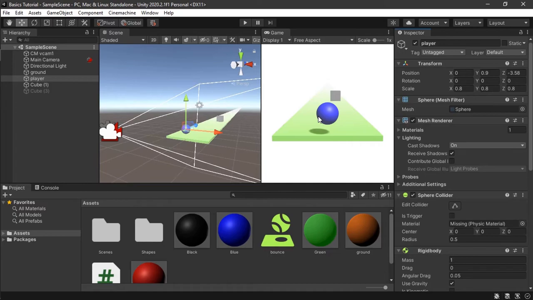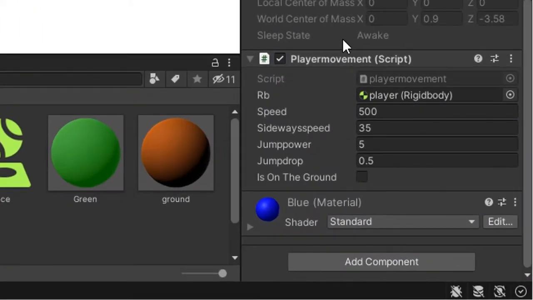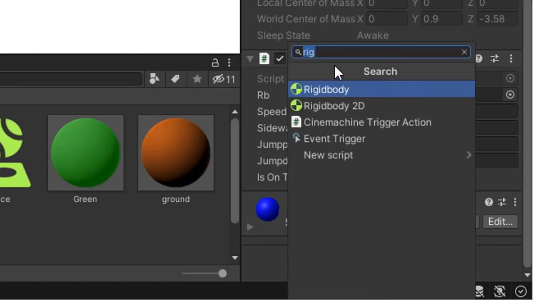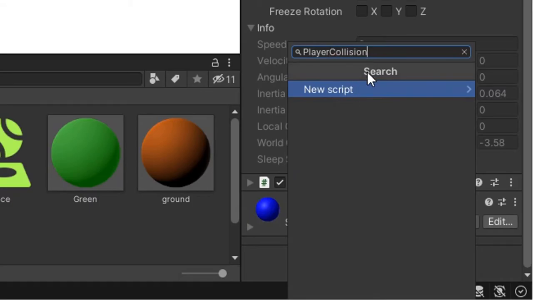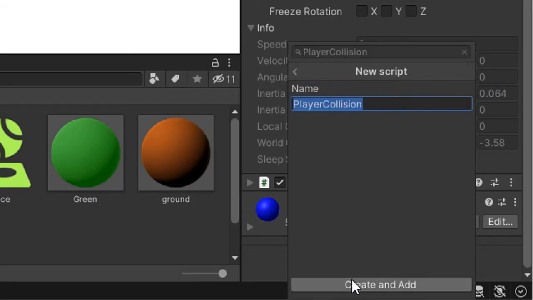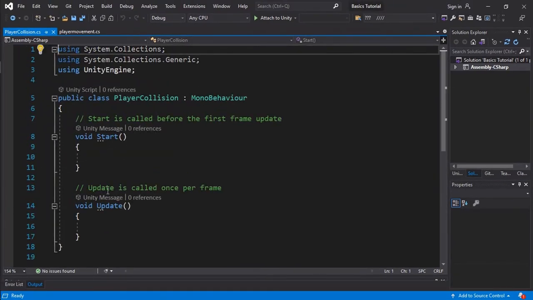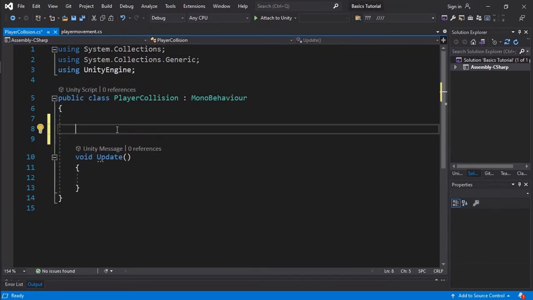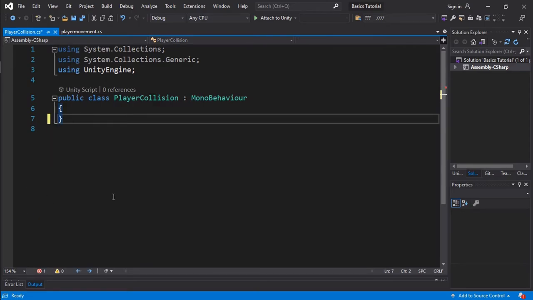To reach our colliders with our code, you're going to have to open your Visual Studio. I'm going to create a new script. Go on our player, and we have player movement here, but I want us to create a new script. So add component, new script. We're going to name this PlayerCollision. Then we're going to remove the Start void, and to get our colliders with our code, we're going to say